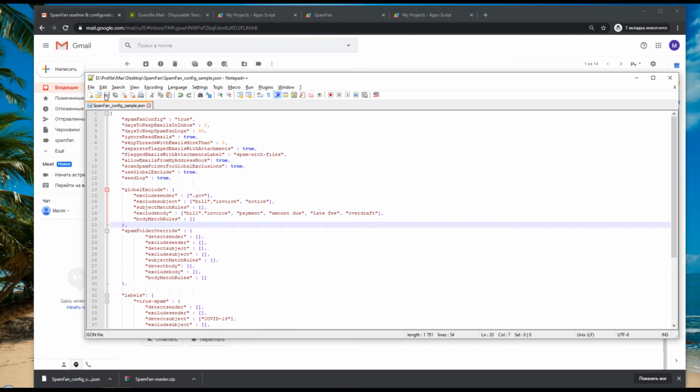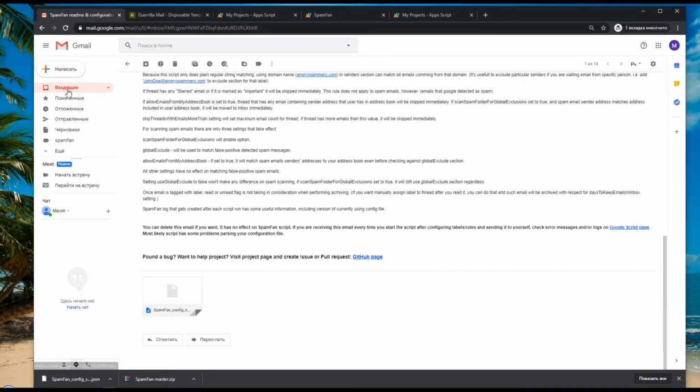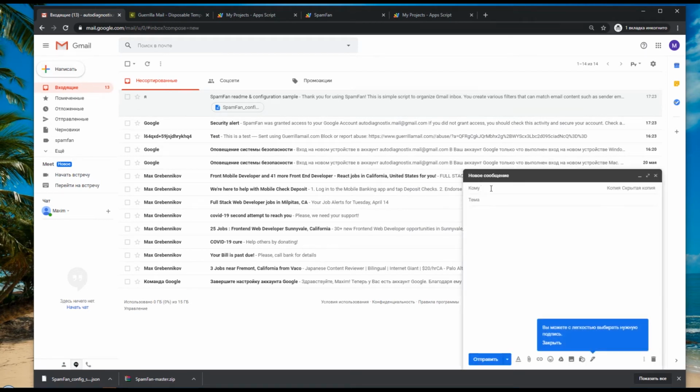So what you do now is you save the file. I already saved it, but you save the file, and then what you do is you go to your email, and then you're going to write the email to yourself. And now, two important things about the configuration file: you want to put the number in your subject line, and the higher number you put, that configuration file will be loaded. So we're going to start with 1, and the reason why we're doing this